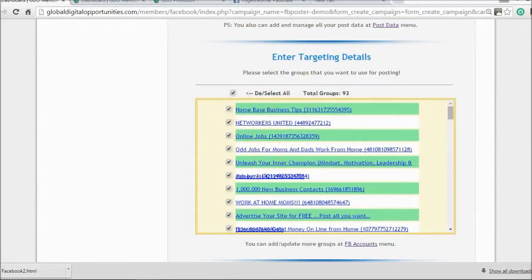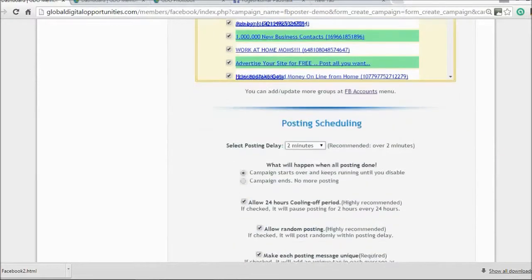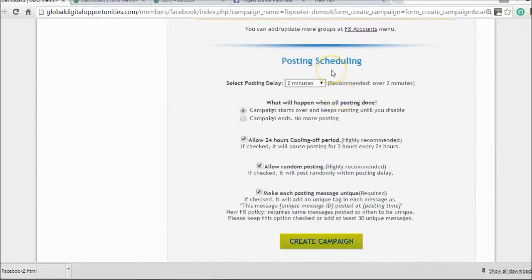Once that is done, you can select all your groups. You have to select all the groups that you want to post to. You can exclude those you don't want to post to by unchecking or unselecting. If you want to post in all, just select all. Now this is scheduling, and this is very important,